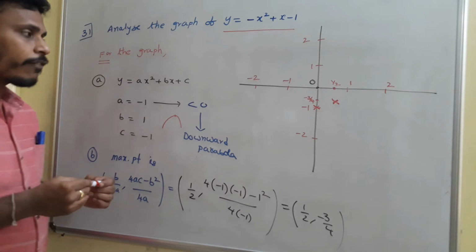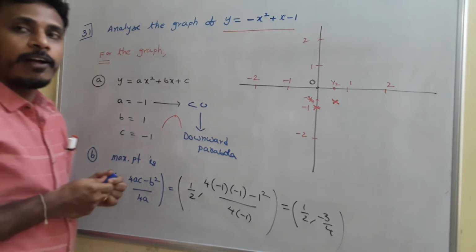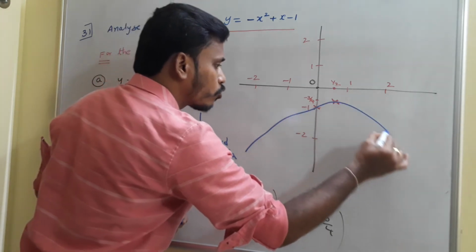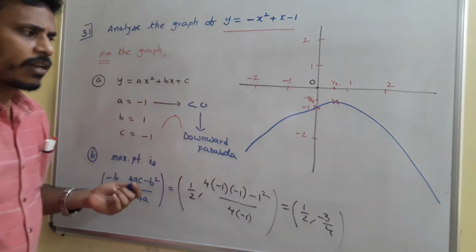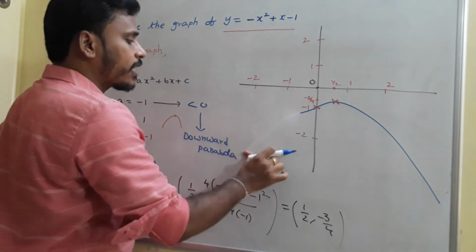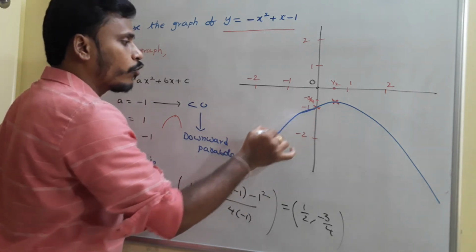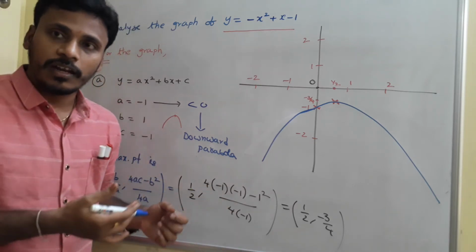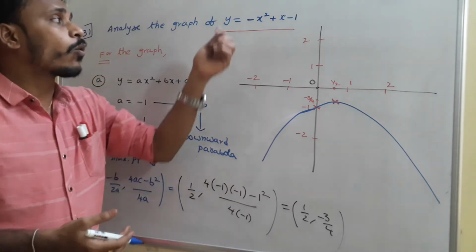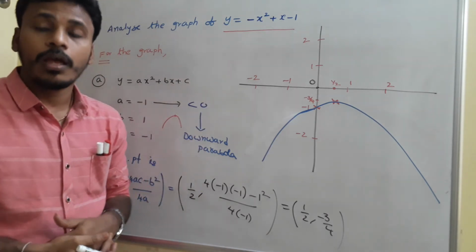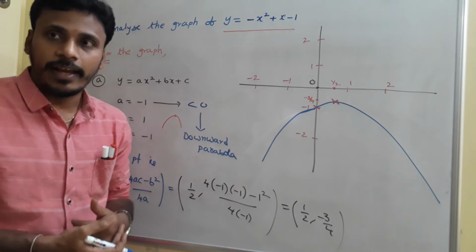With this complete information, we need to sketch the graph, and if you sketch, the graph will be like this, passing through these 2 points. It will be like this, just like that. Okay, this is just a rough sketch actually. This is not an exact graph. For exact graph, you need to draw on a graphical sheet, not on a white paper. See, this is just a rough sketch to analyze the quadratic expression y is equals to minus x square plus x minus 1.